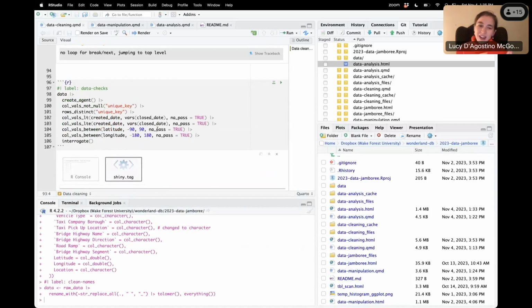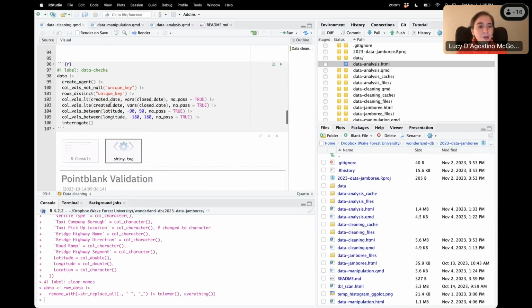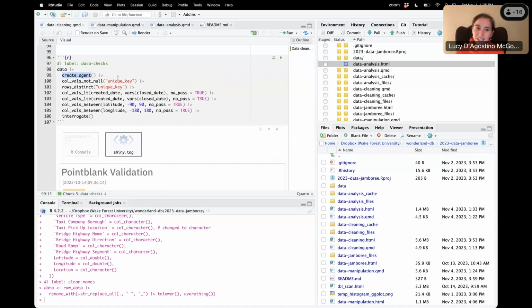And then the next part, this is also from pointblank, you can do these validations. So with the pointblank package, the terminology for the functions is all secret agent themed, but the idea is that you take your data and then you create an agent and then you do several validations. So for example, this first one, I'm checking that everybody has a unique key, so nobody has a null value for those. And then I'm also making sure that all of those unique keys are actually distinct. So you would expect the unique key to be unique for everyone. So we can check that.